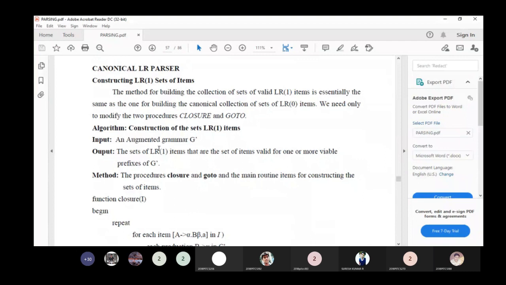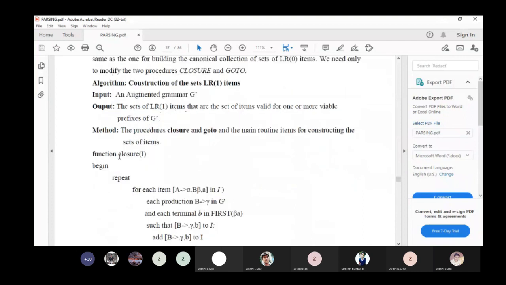First of all, the input is the augmented grammar and the output is the set of LR(1) items for one or more valid viable prefixes of G. The method is to compute the procedure to find the closure and goto, and the main routine for constructing the set of items. First, consider the function closure of I, and then we begin.